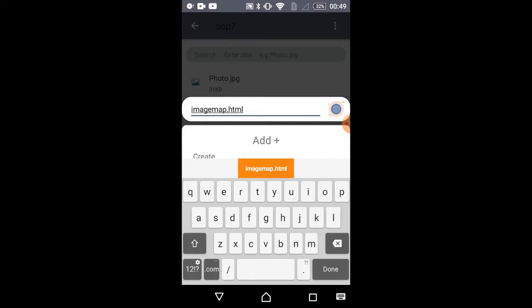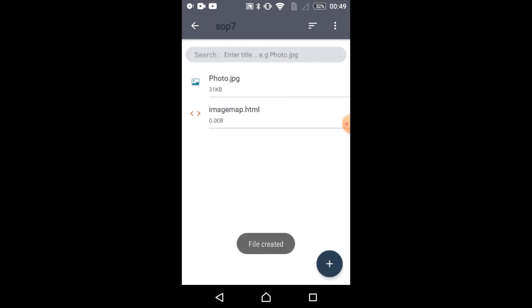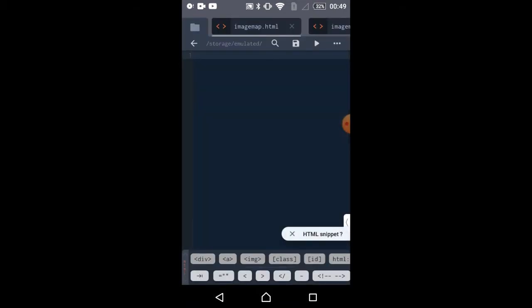Then click on the correct sign, and here you can see imagemap.html file is created, and you can see the brackets icon, so it indicates that it is an HTML file. So click on it to open. Now you can see the file is being opened. At the side there are the earlier files which I have created.